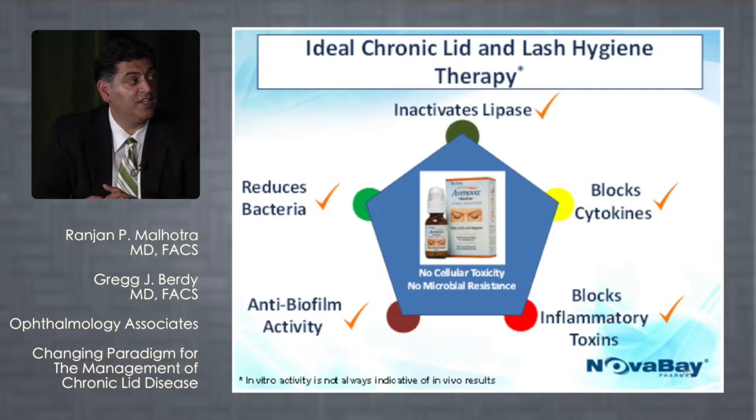and Restasis. So the onset of action of the topical agents, especially if patients have more lid disease than they do ocular surface disease, things like Xiidra and Restasis take anywhere from 2 weeks is what Shire says with Xiidra, and Restasis may take 6 weeks to 3 months. Using something concomitant to treat the lid disease like Avenova can make that onset of action of treating the ocular surface much quicker. And the analogy I give to patients is when we measure their tear osmolarity and look at